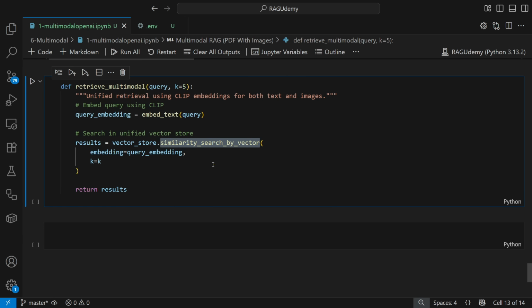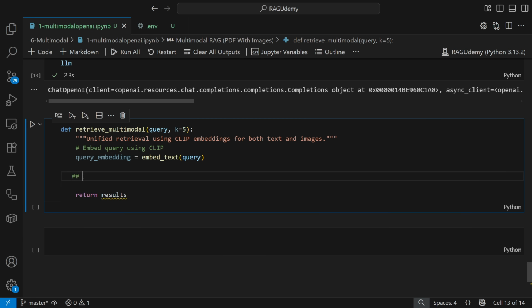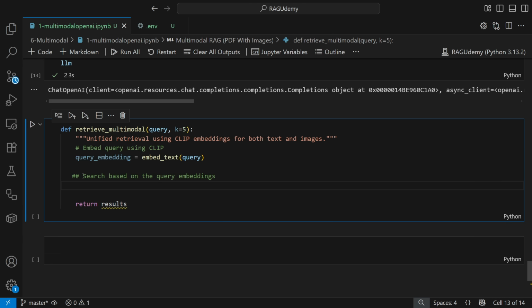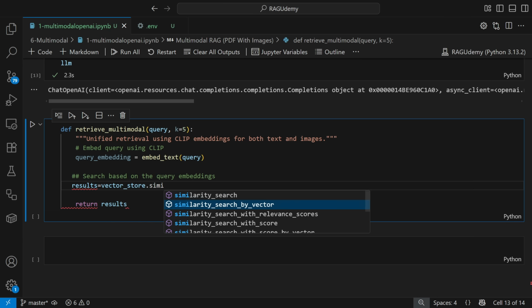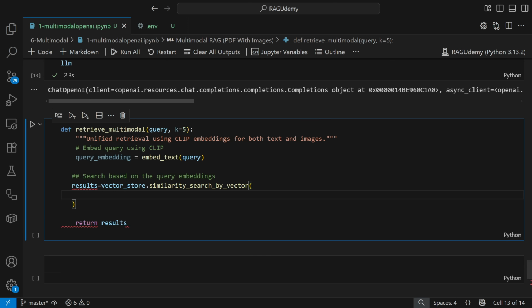And here we are going to use, so let me write this particular code. Here we need to search based on the query embeddings, but I already have these query embeddings. So I can directly create a variable results equal to vector store dot, there are a lot of methods I told, right? similarity_search_by_vector. There is also similarity_search_with_relevance_score. Here I can directly use the vector because I already have that query embedding. So I will write embedding equal to query_embedding,